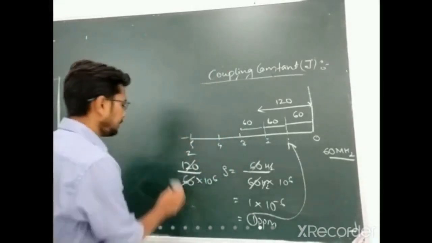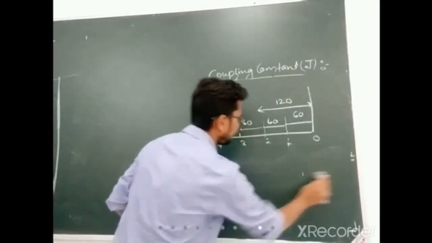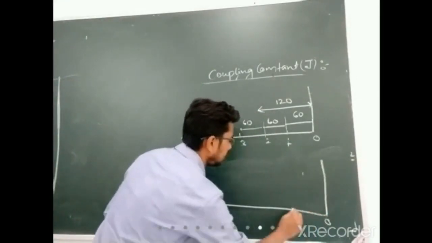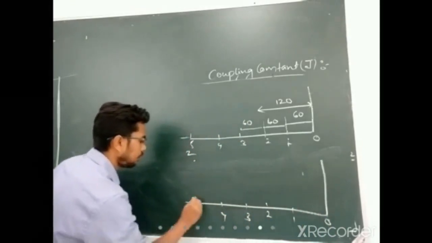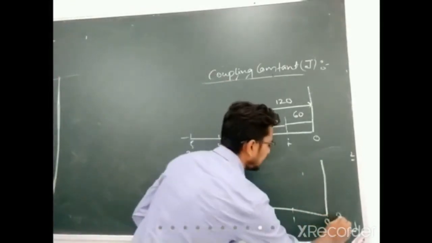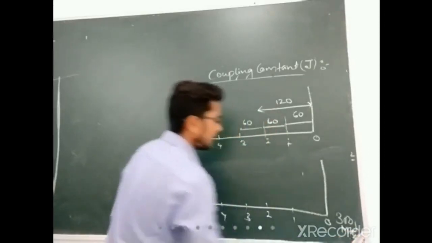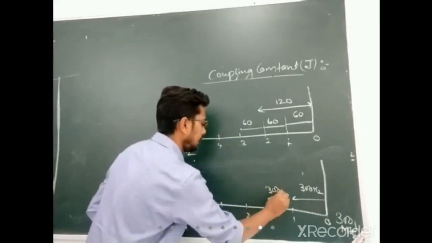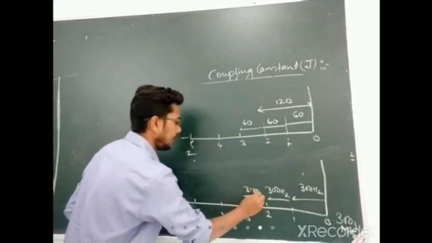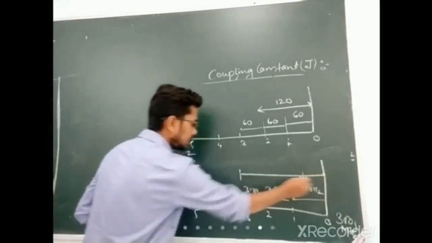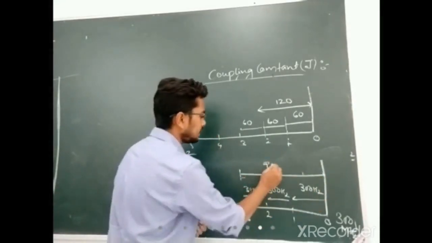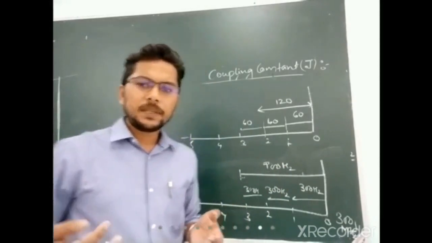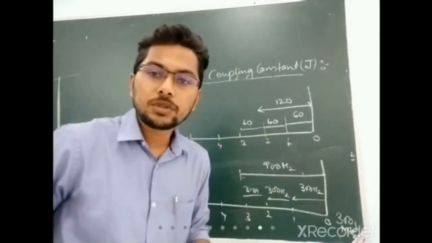Now if we apply the same thing on a delta scale of 0, 1, 2, 3, 4, 5 in a 300 megahertz instrument, this gap will be 300 hertz, this gap will be 300 hertz, and this is also 300 hertz. From here to here, the shift in hertz is 300, 300, 300, which is 900 hertz.